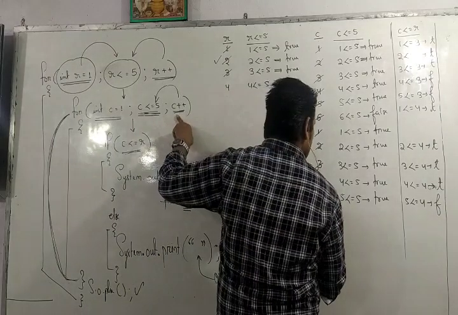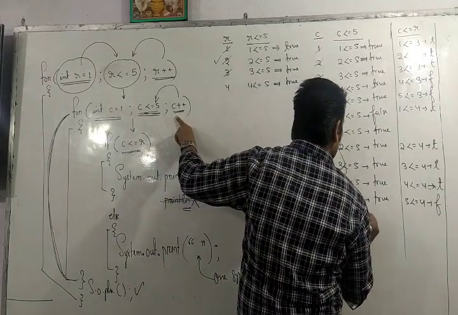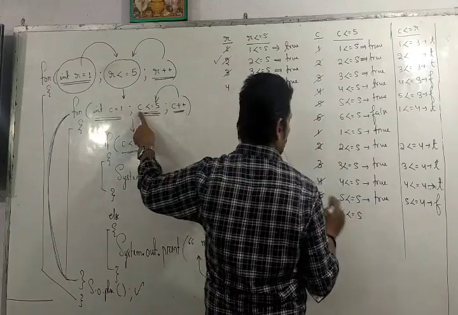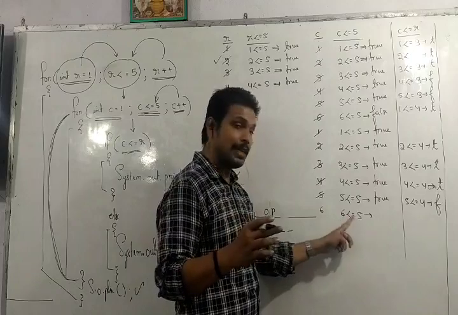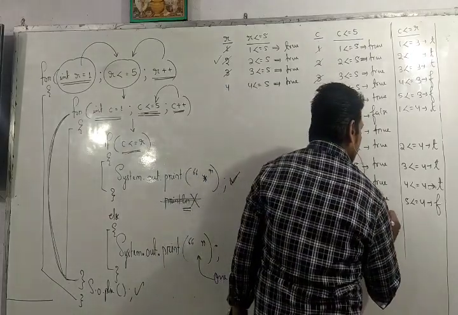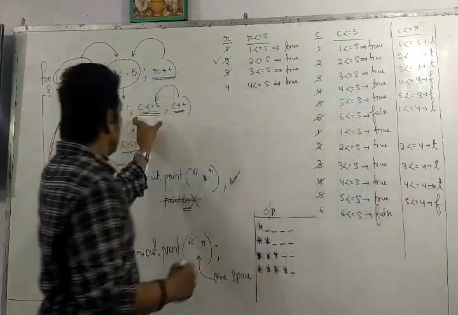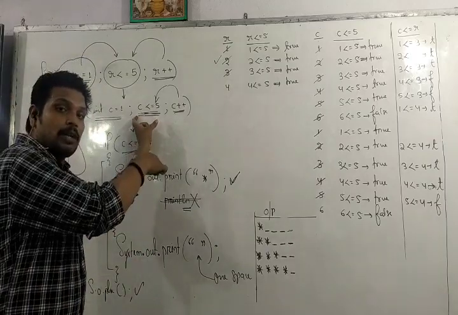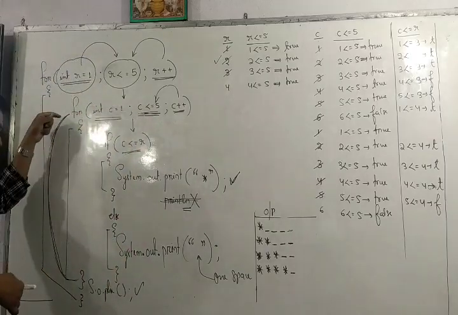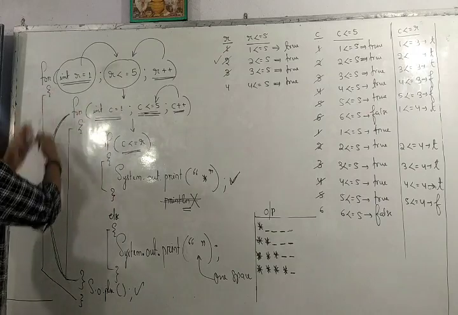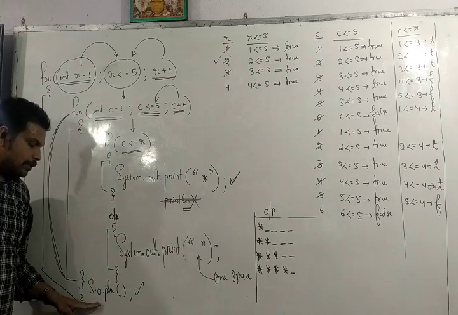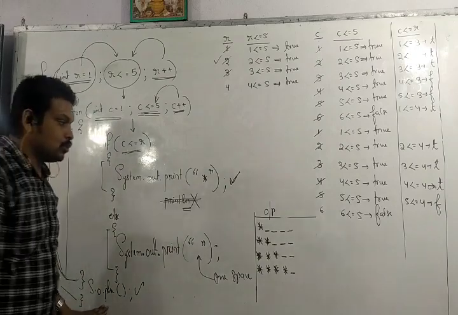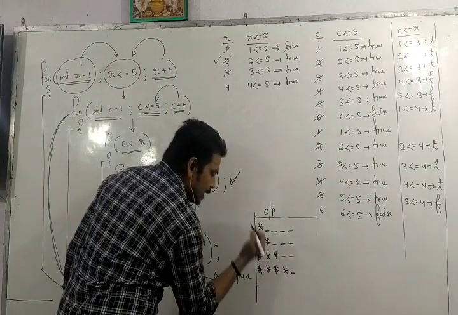C++ is 6. 6 is less than equal to 5. See, what is the value of C now? 6. 6 is less than equal to 5. You tell. 6 is less than 5? No. 6 is equal to 5? No. So here we are getting false. If here we are getting false in the testing expression of inner for loop, then the control will come out of the block of the inner for loop, and just after the inner for loop we have written system.out.println. So the cursor will go to the next line.